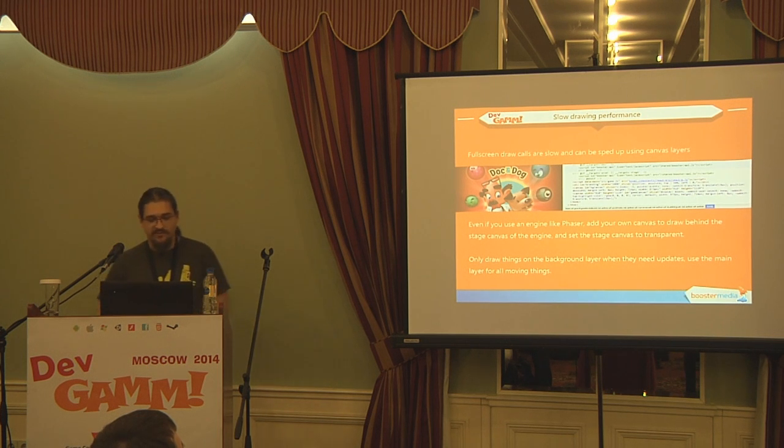So what we did in Bubble Fever was we were using the Phaser engine. We were using the old version of the Phaser engine. I'm not sure if you guys know Phaser. We were using 1.1.6, I think, in the final build. But they don't really support layers. So what we did was we set the canvas to transparent, and then we added our own manual canvas layer